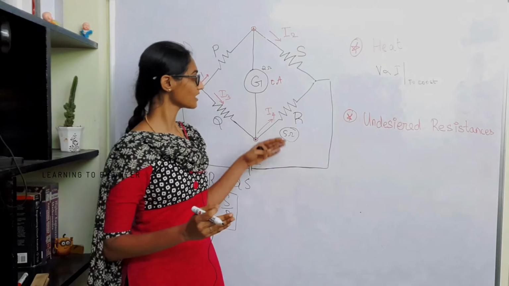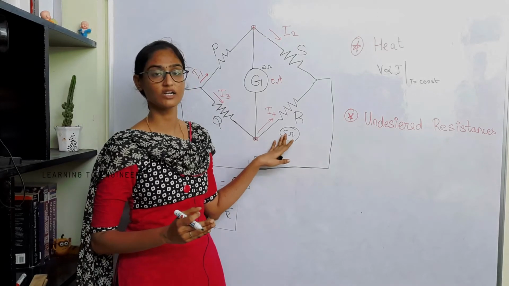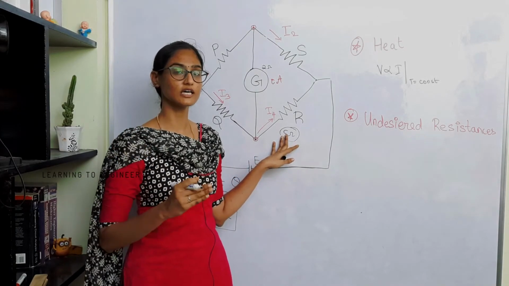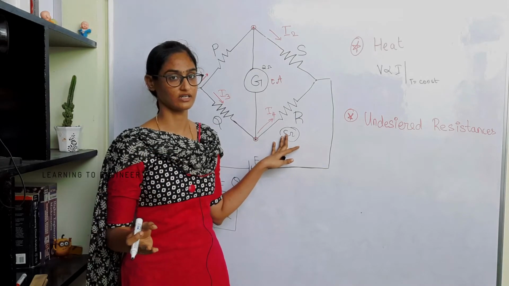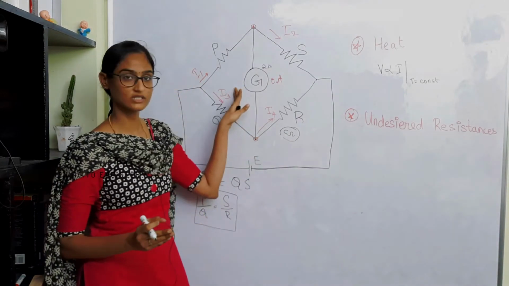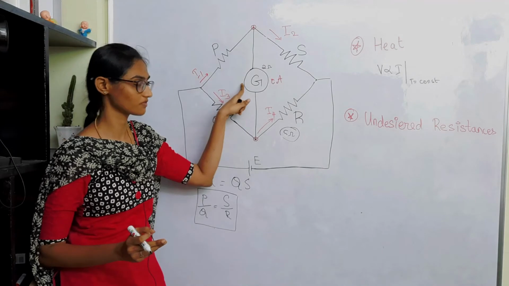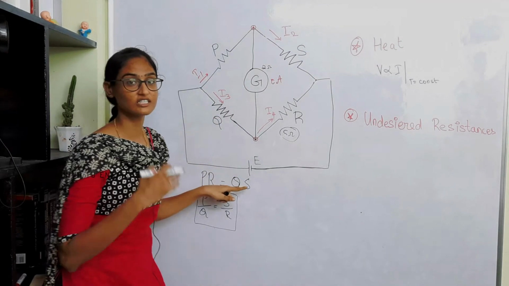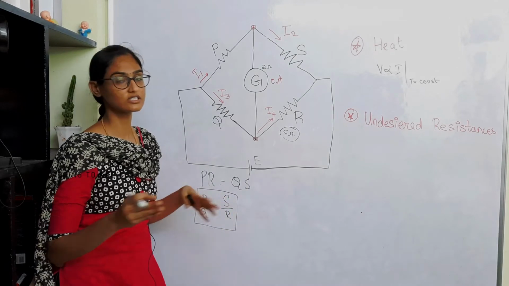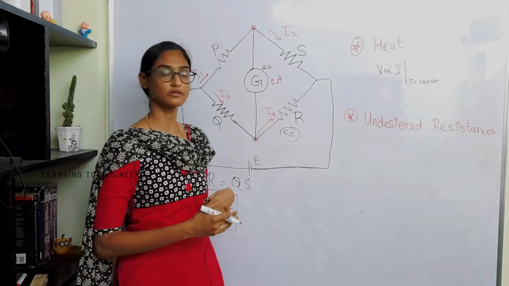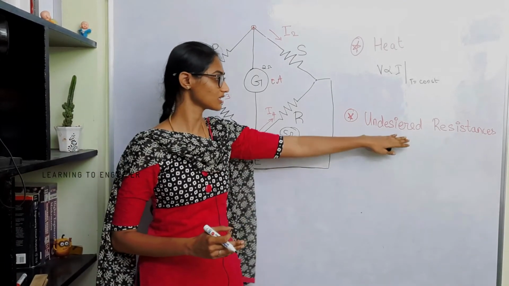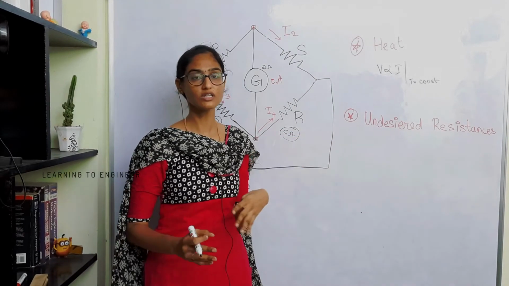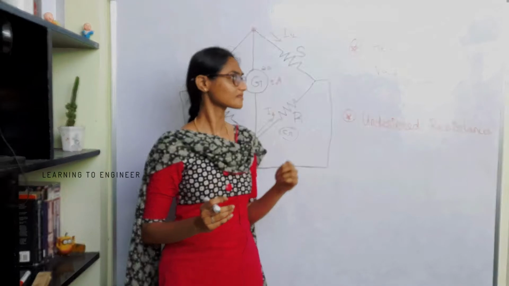You might think that the resistance that you are deriving in this procedure is correct, but it will be a little lesser than what you are actually finding, because you have found the resistance considering all the resistances of the meter, the contact resistance, the internal resistance of the battery, and then the resistance of the wires. All of them come into the picture. So there is an undesired resistance in this circuit. So because of all these, we get the error.